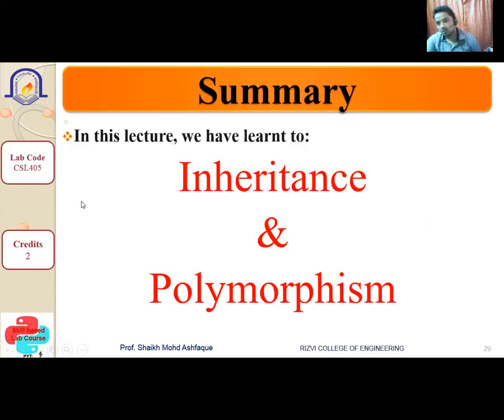So here, totally we have understood what is inheritance, how to write a program of single inheritance, how to write a program of multi-level inheritance, how to write a program for multiple inheritance, what is the problem of multiple inheritance, and how it will be achieved. Then what is the MRO, what is the utilization of the MRO, and what rules it follows.